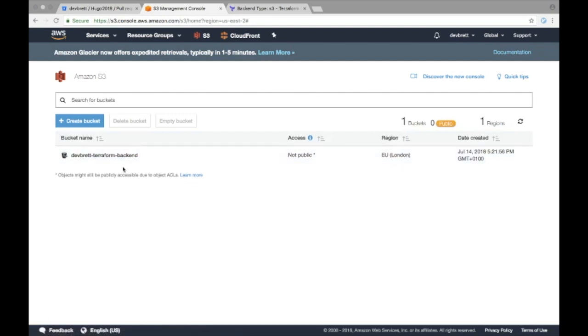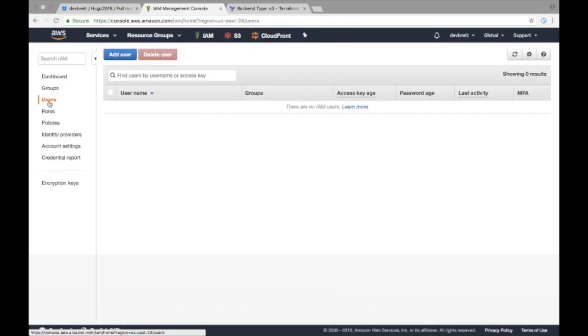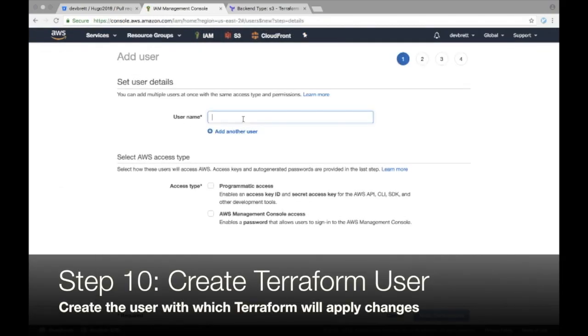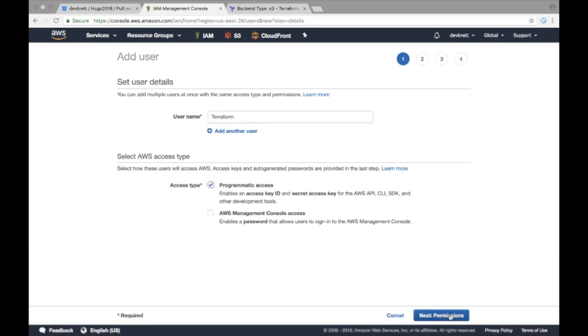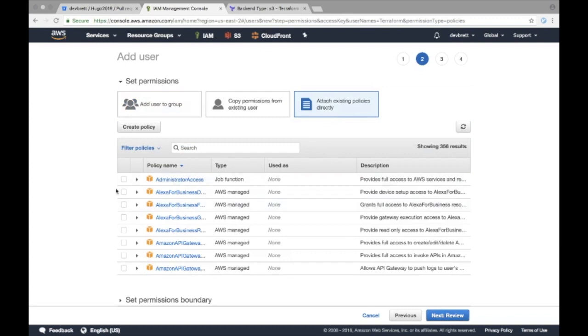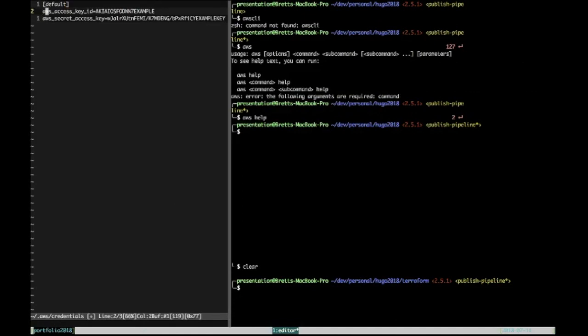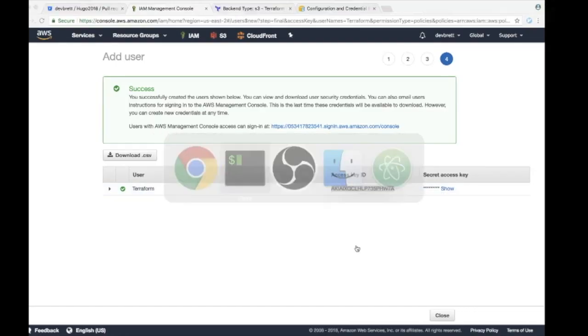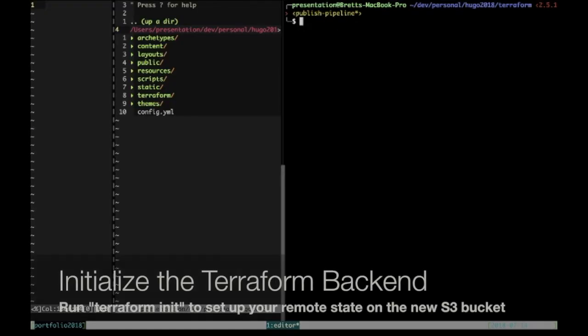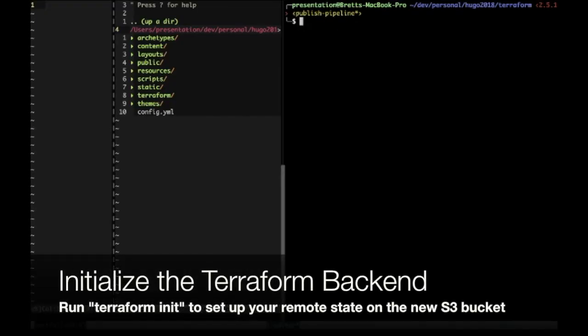And we can see it here. Okay. So the next thing we want to do is create the IAM user that Terraform is going to use to authenticate with AWS and to perform its commands. So we just want to give it administrator access and set it up as an IAM user. And you should see the access key here. So you want to go into your AWS credentials file and just copy that. I won't show you the actual credentials, but once they're in,